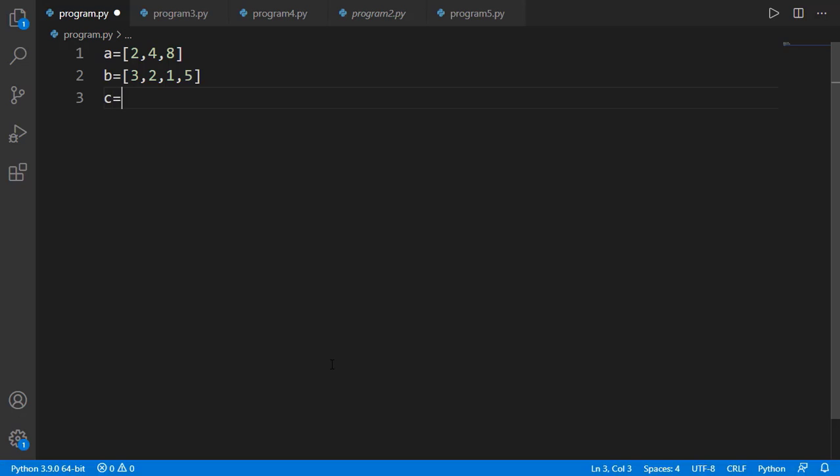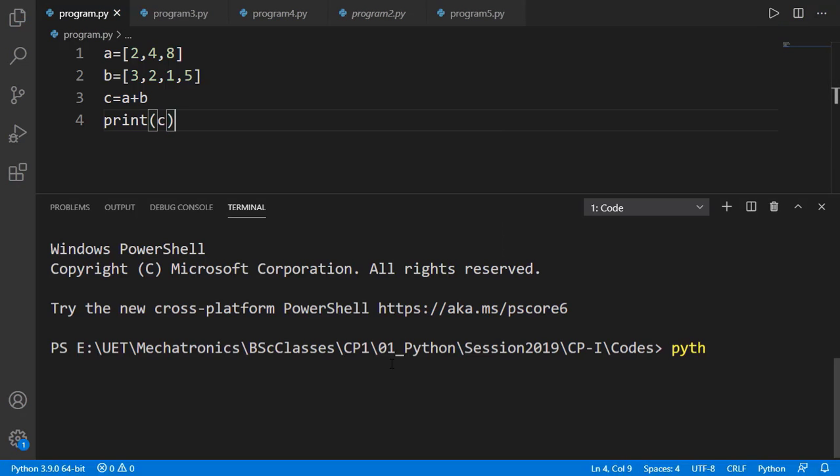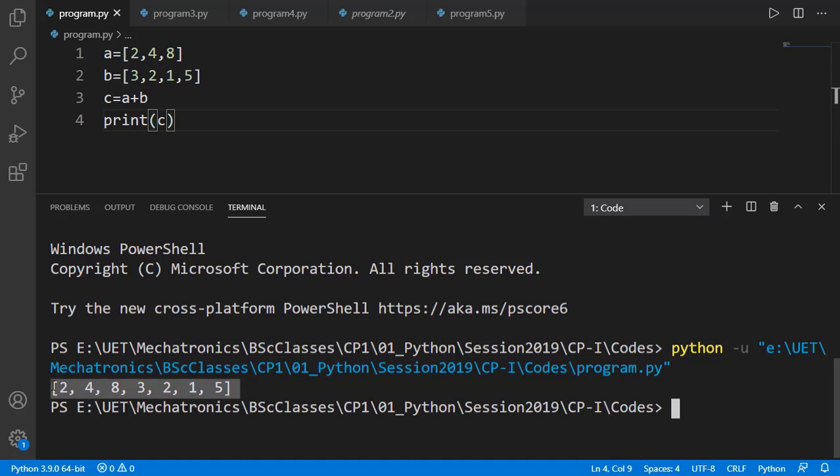We can apply the plus operator between two list objects, and the effect will be list concatenation. Very much like we have string concatenation, where two strings are joined together using the plus operator. Similarly, over here the lists A and B will concatenate and the result will be a bigger list. Let's print the result. And you can see the variable C is also a list, and it has elements from list A and then